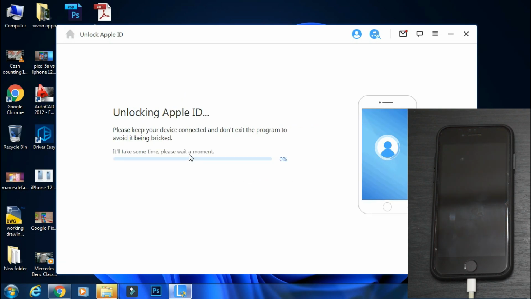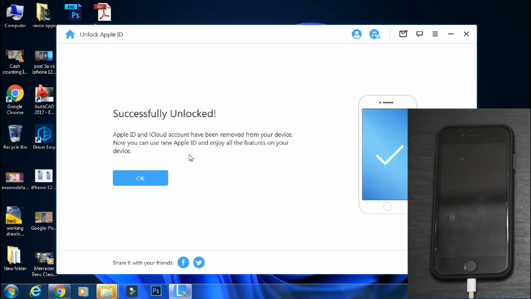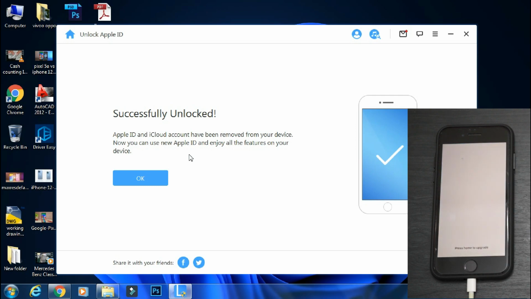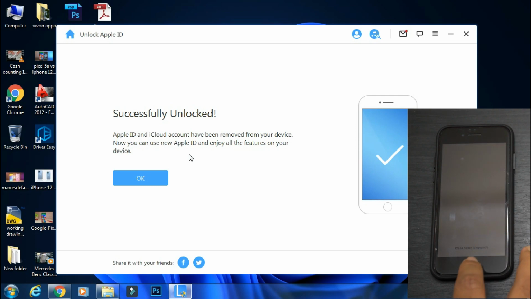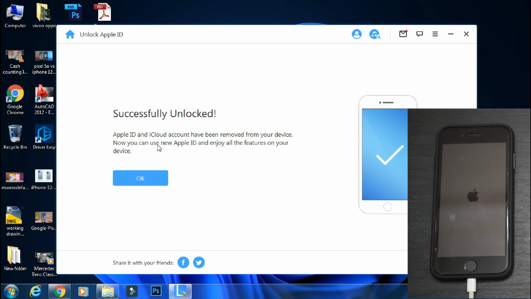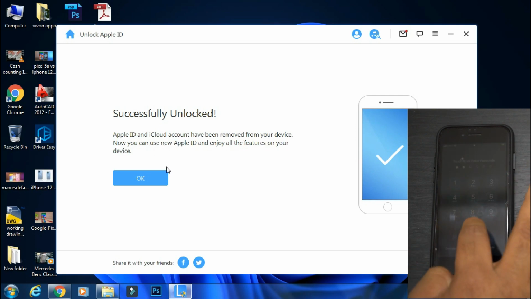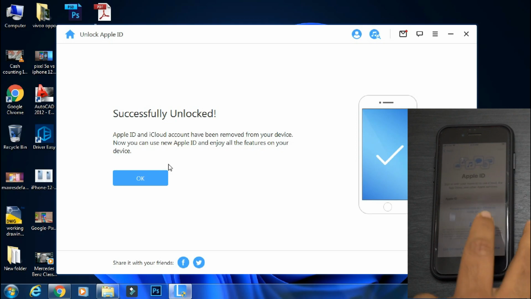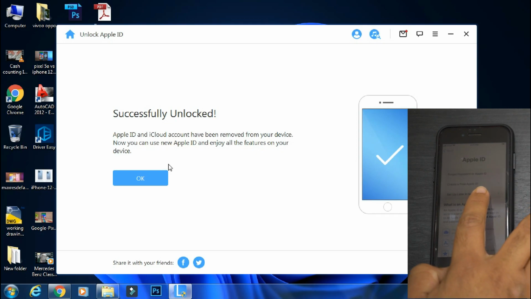The process of unlocking your Apple ID has started, and in a matter of a few seconds, the associated Apple ID will be removed from the iPhone. The process is complete and Lock Wiper has successfully removed the Apple ID from the iPhone. Now just wait for the iPhone to boot up. Enter the lock screen password which was there on your iPhone before the process. Now again enter the same password. Now you are at the welcome screen of the iPhone. Just do the regular steps which you do to activate your phone when it's new.